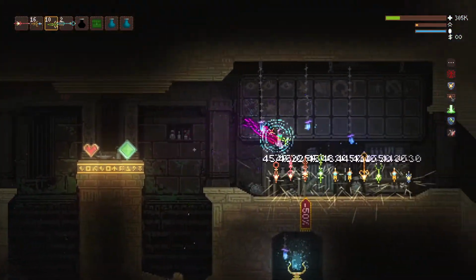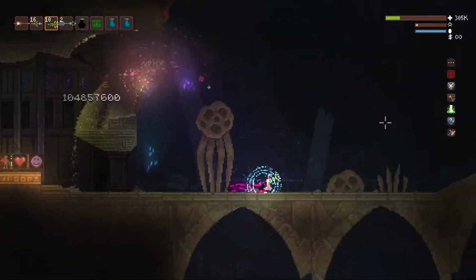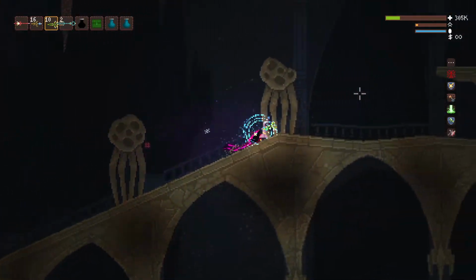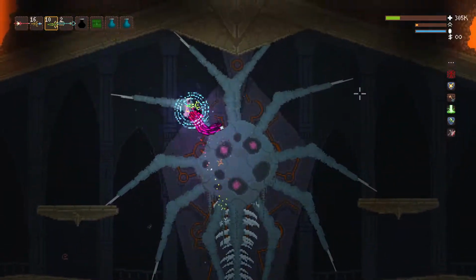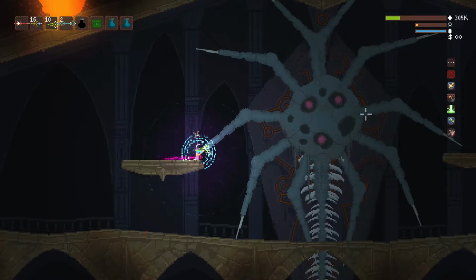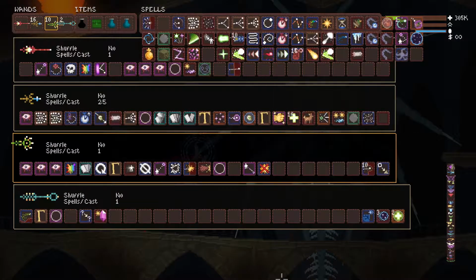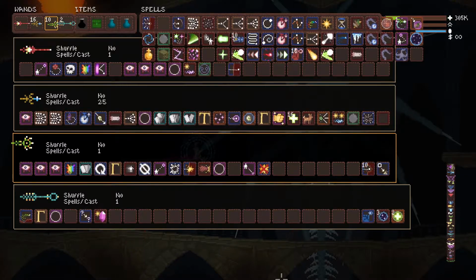There's no fish, no nothing. There's a wand of piercing. No Gawd. There's Colmy. Huh. But there's no Sampo anymore, so...